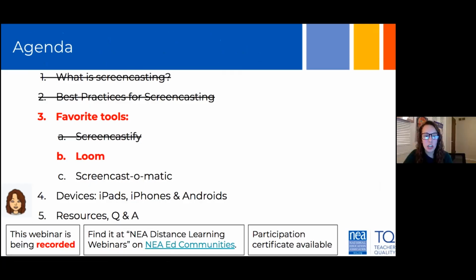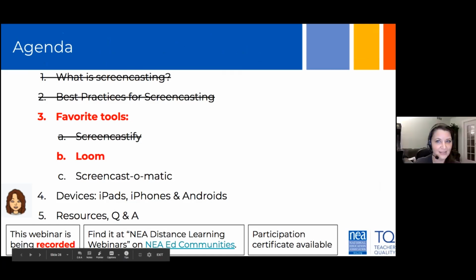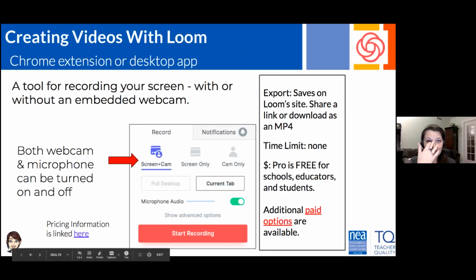All right, we are going to talk about another one of our favorites, Loom. Very similar, but you'll notice the video feature where Kelly was a rectangle may be a little bit different on this one. And Loom, this is one I like, is another Chrome extension.